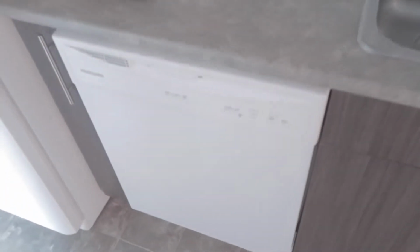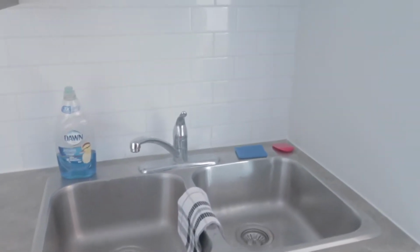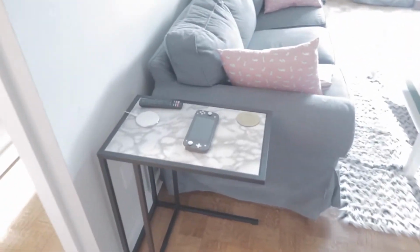And then yeah, we've got my dishwasher and my sink and all that exciting stuff. Totally not exciting, I'm aware. I think the kitchen's probably the least exciting part of this apartment. Back to the door, we've got my pantry here, and then moving on to the living room,